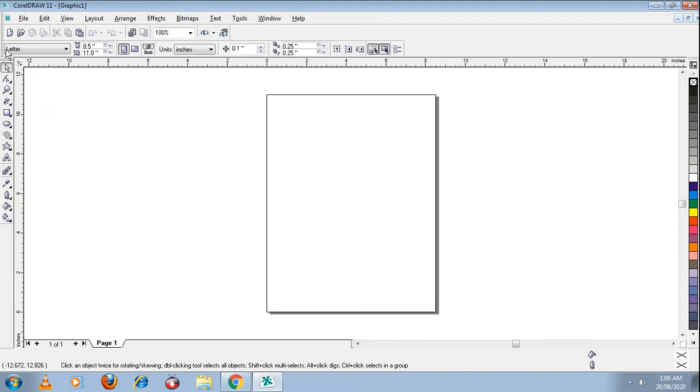Let's see now further. Below the property bar we have got a scale bar, scale tool. Here this is the horizontal scale and the vertical scale. In this left hand corner we have got the toolbox which has different tools for Corel Draw. Now this big white page is the page where you will be drawing. The surrounded area around this page is the work area. This also you can use for drawing, but always remember, the drawing which is on the page will be printed. So keep this in mind. Whatever you draw must be on the page if you want to take a printout.